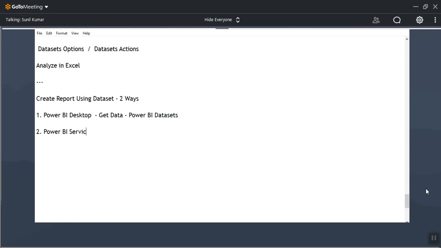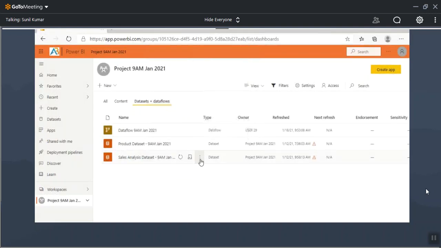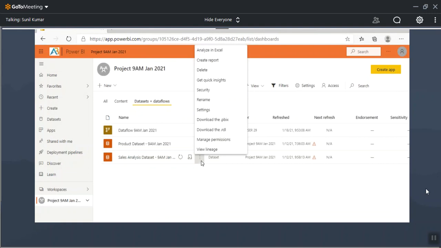The second way to create is in Power BI service itself. In the Power BI service, go to the data set and click on more options.